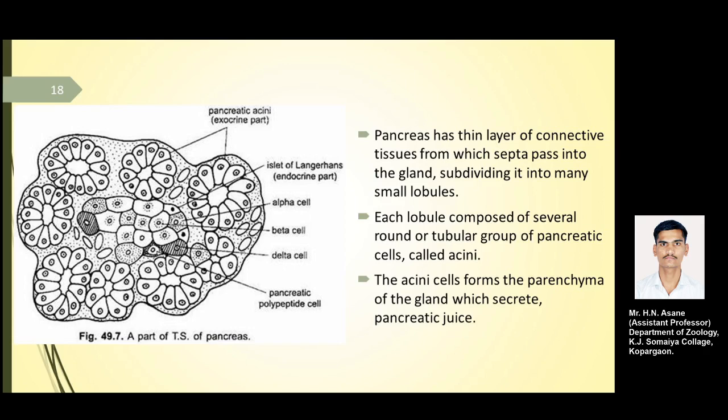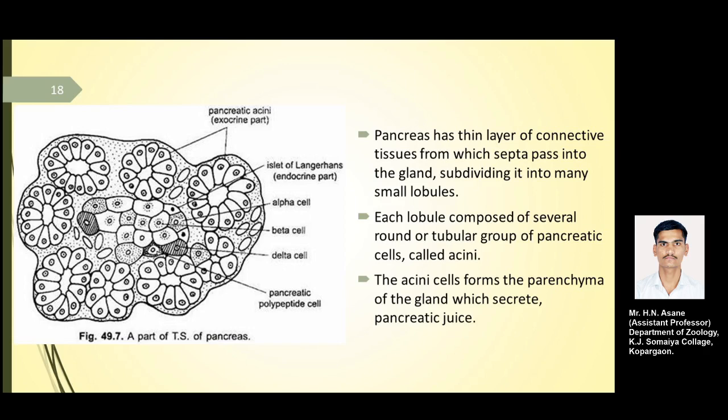So in the lumen of many acini, one or more epithelial cells lie in contact with the apical part of the secreting cells. These cells are called centroacinar cells, which lie in the center. So they are called the centroacinar cells of Langerhans, which represent the continuation of the duct epithelium cells with the acinar cells.